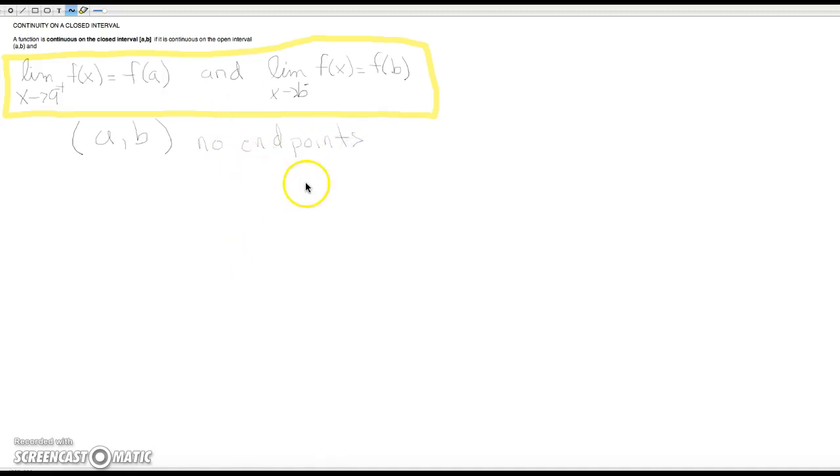Okay. But now if we have some sort of graph and we have some function and we say, all right, let's take a look at it on a closed interval. Say this is A to B, and we say, is this continuous on A to B? Well, the conditions for continuity on a closed interval is that it obviously has to be continuous on the open interval. Because what that really means is that, on an open interval,